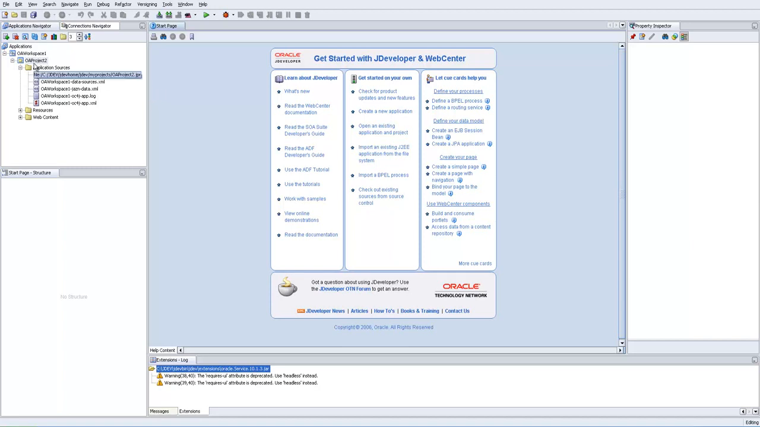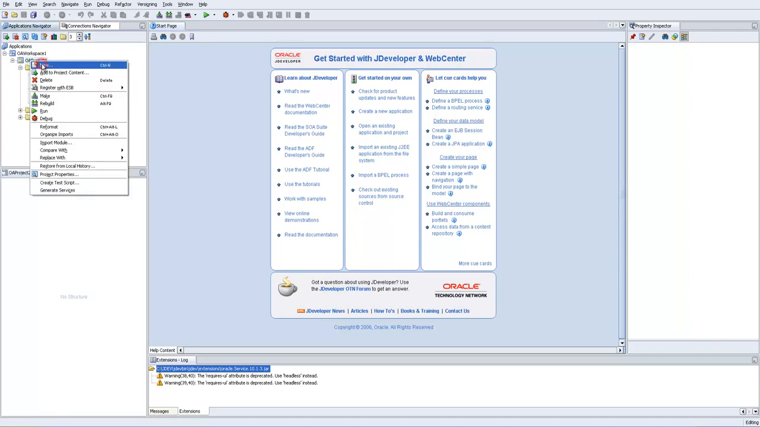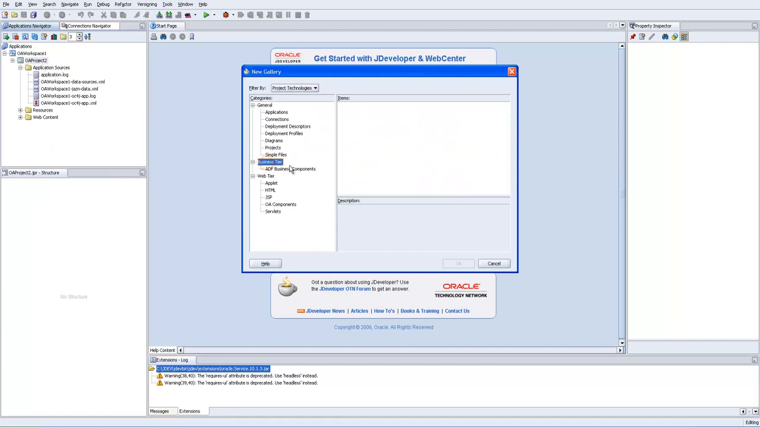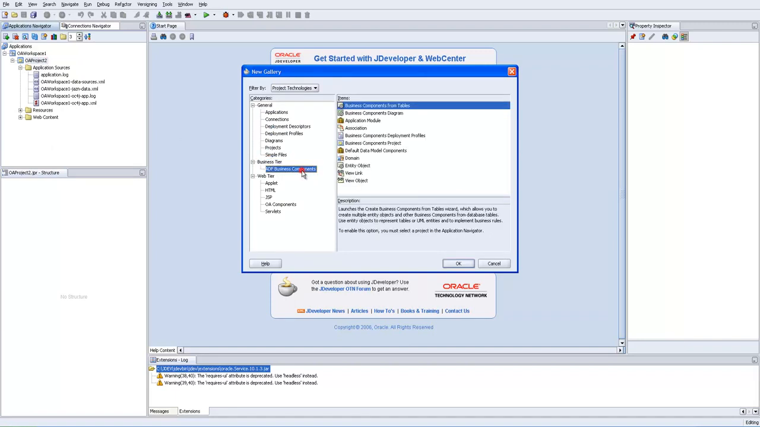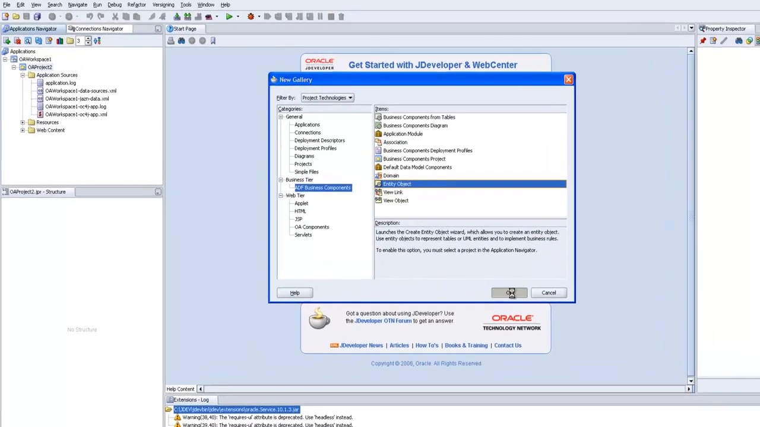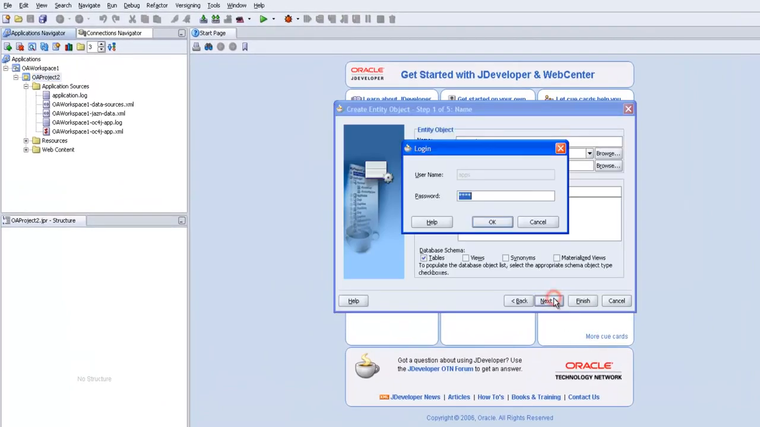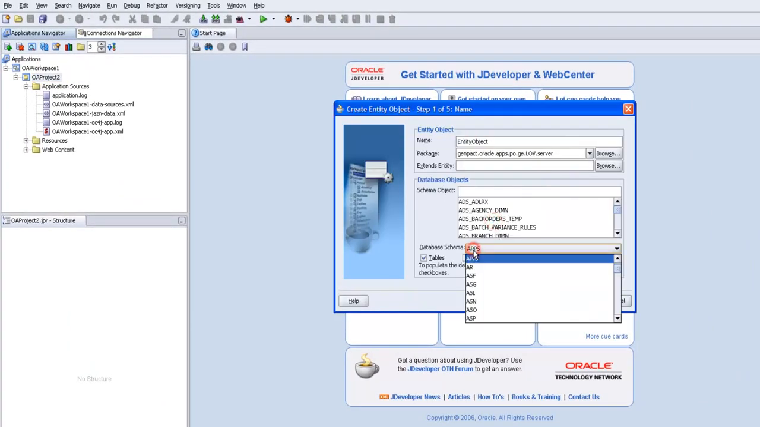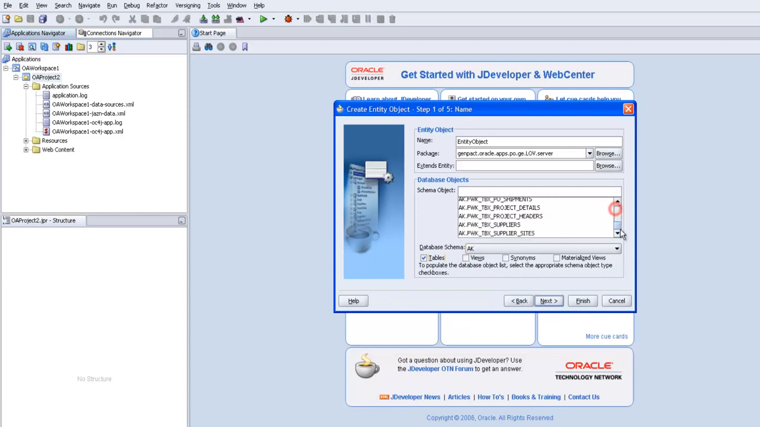Hello, now we will see how to insert the data into the tables in Oracle Application Framework. Right click on the project, open JDeveloper, right click on the project, click New, click on the Business Tier tab, click on ADF Business Components, click on Entity Object, click OK, click Next, click OK. In the database, select the AK database schema, scroll down,